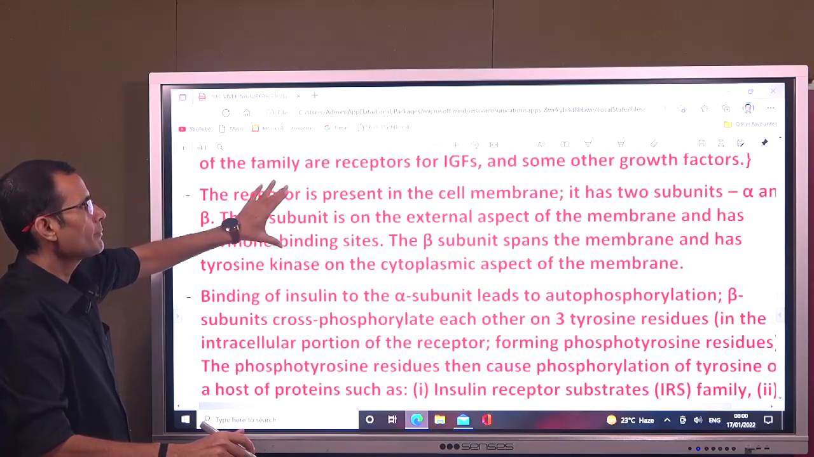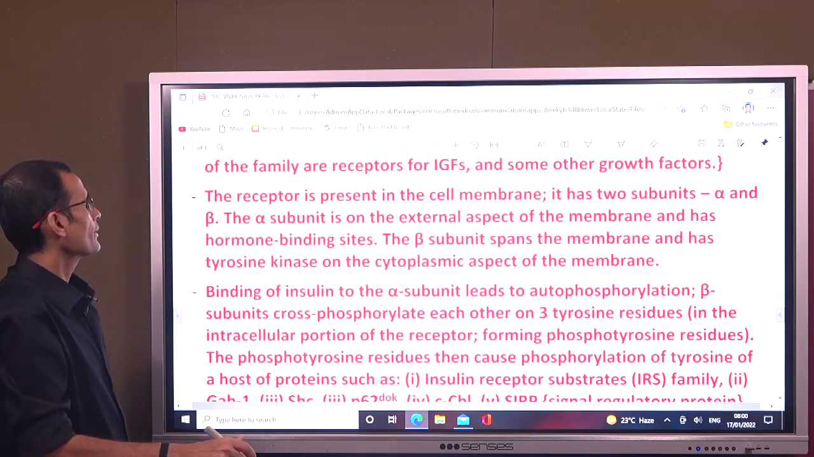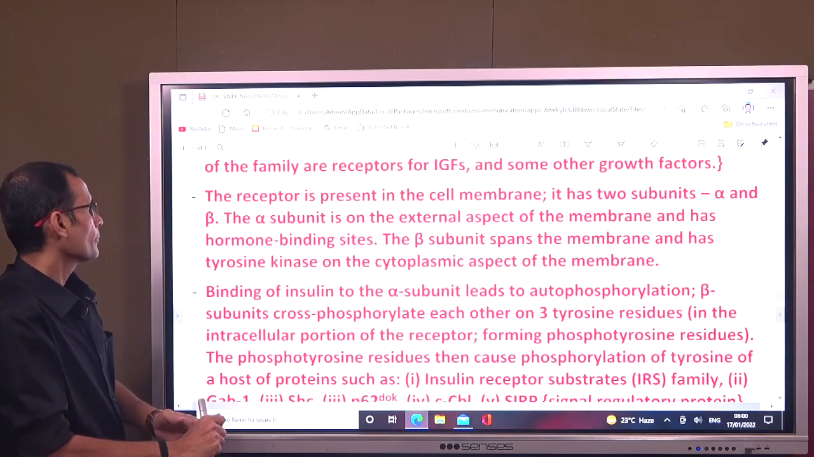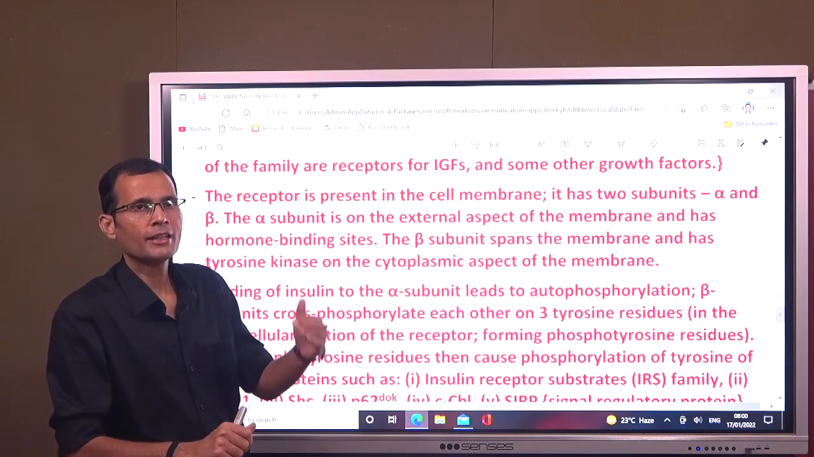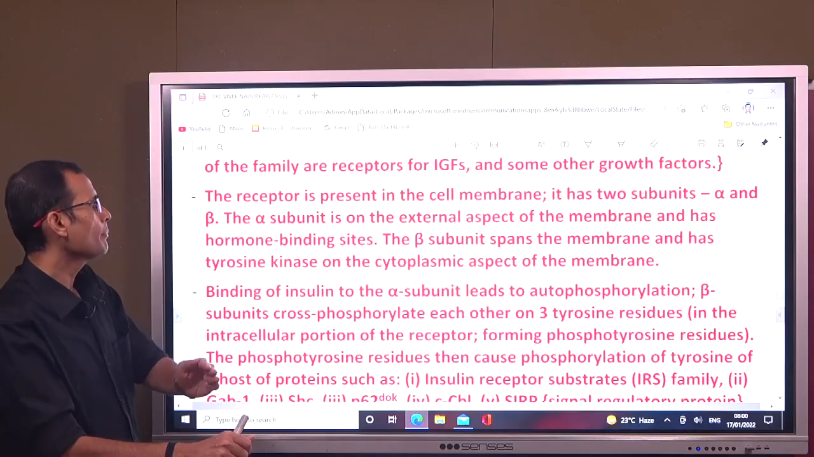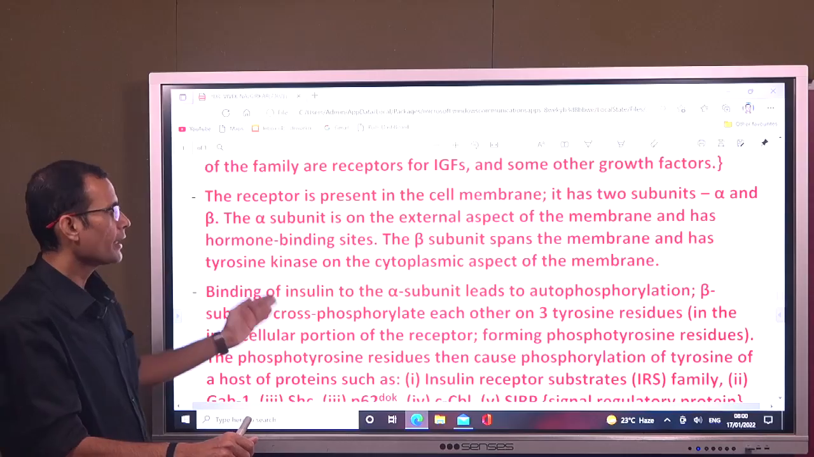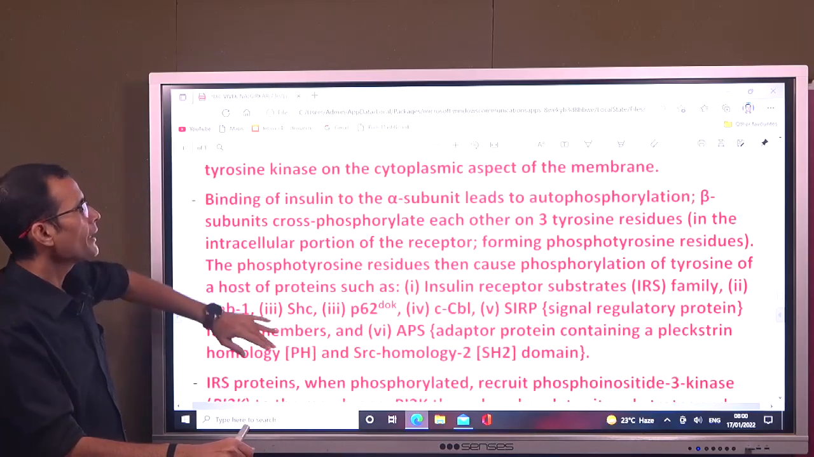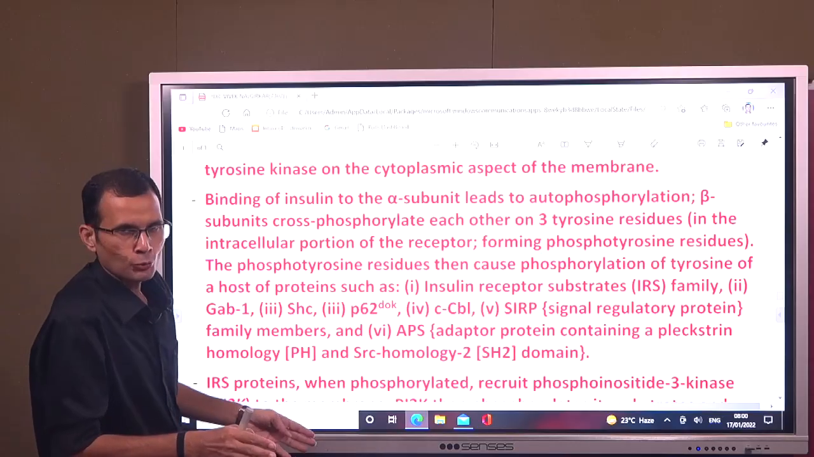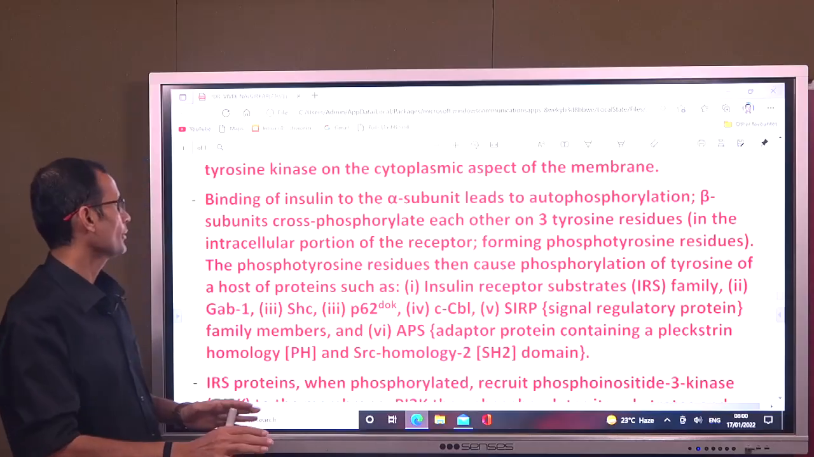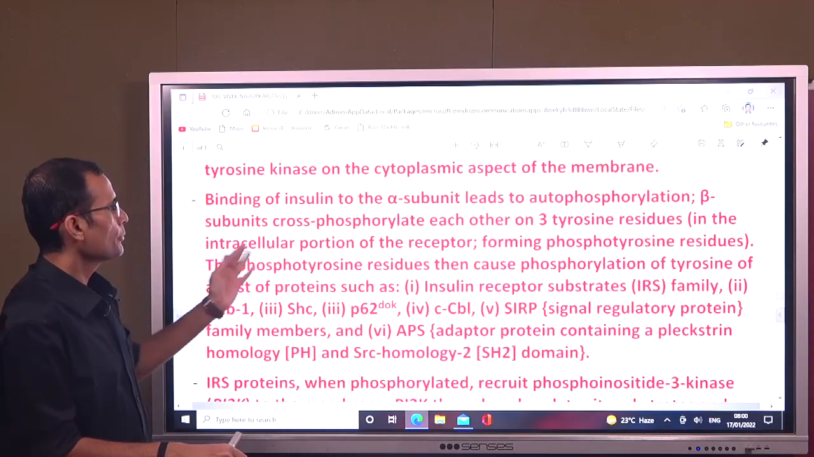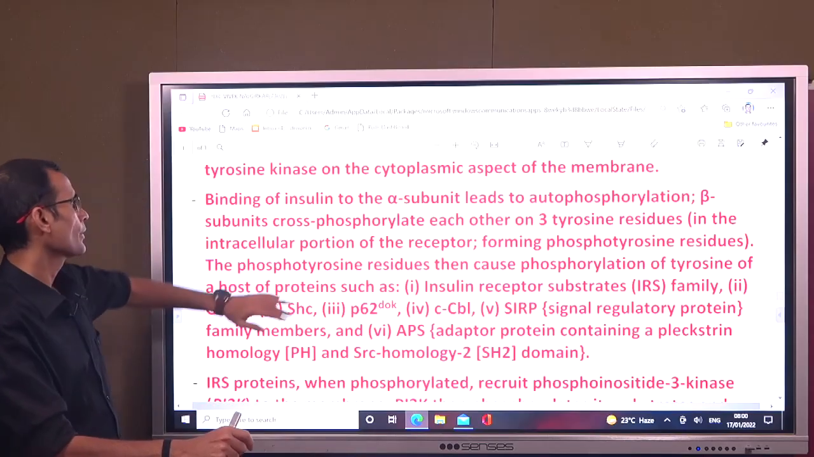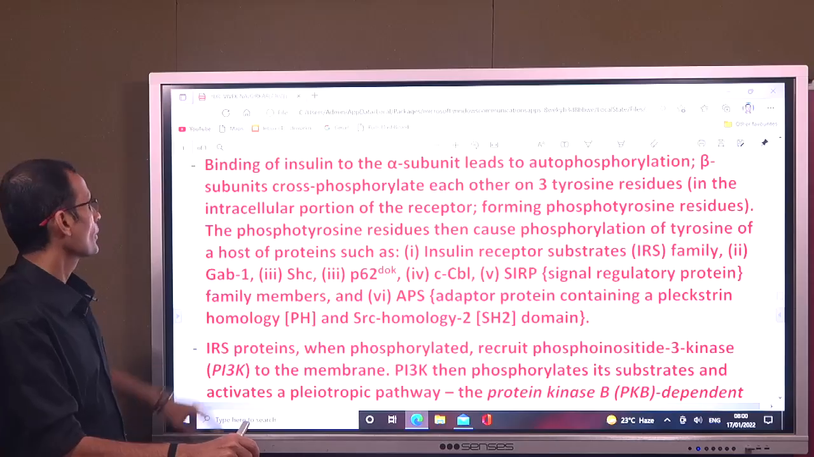The receptor is present in the plasma membrane, the cell membrane, and it has two subunits, alpha and beta. The alpha subunit is on the external aspect of the membrane and has the hormone binding site. And the beta subunit spans the membrane and has tyrosine kinase on the cytoplasmic aspect of the membrane. Binding of insulin to the alpha subunit leads to autophosphorylation, and then beta subunits will cross phosphorylate each other on 3 tyrosine residues in the intracellular portion of the receptor, and then the